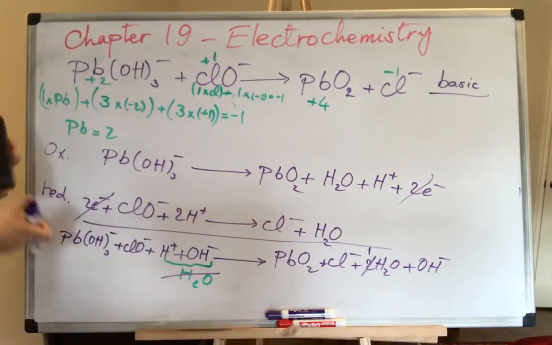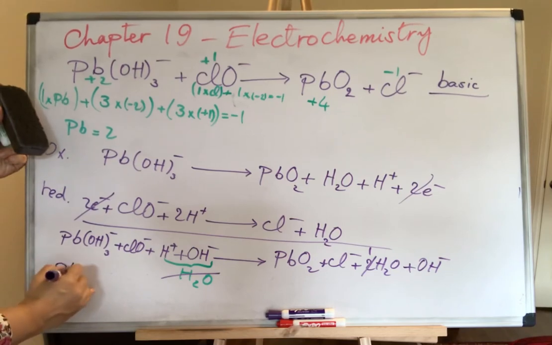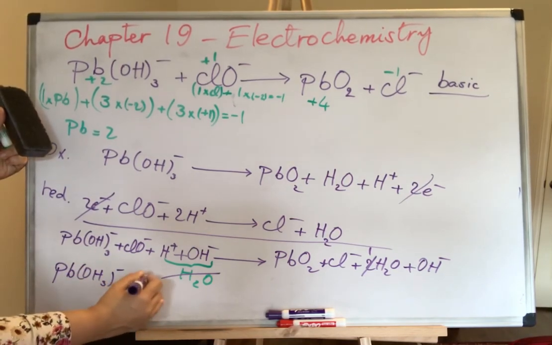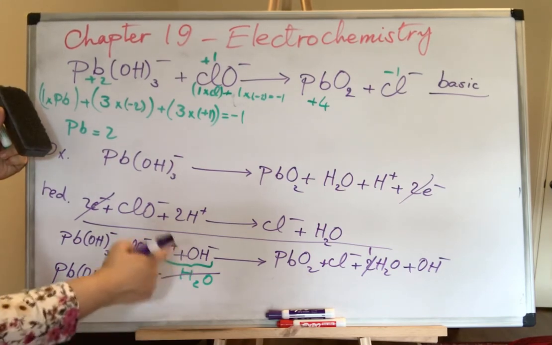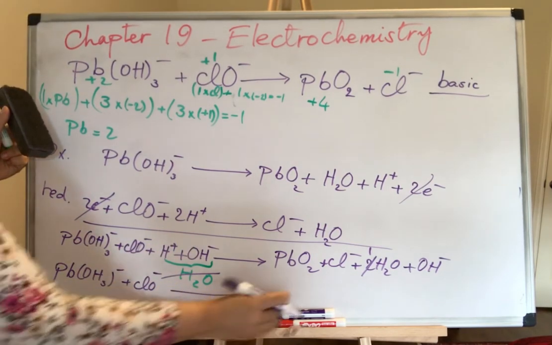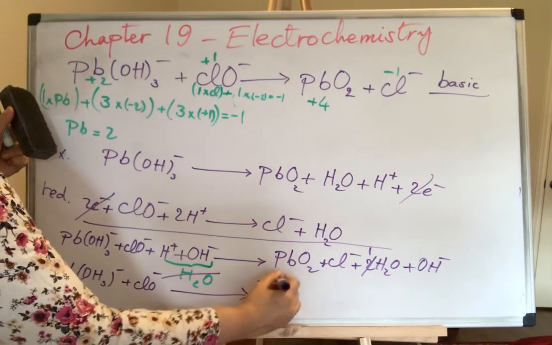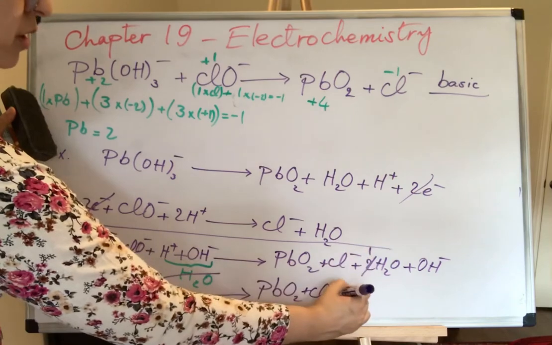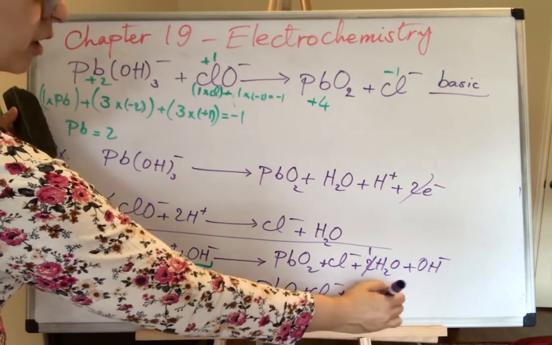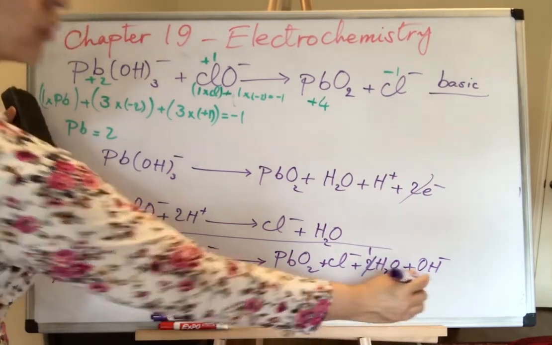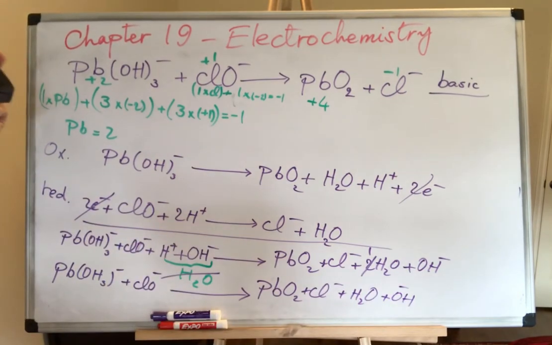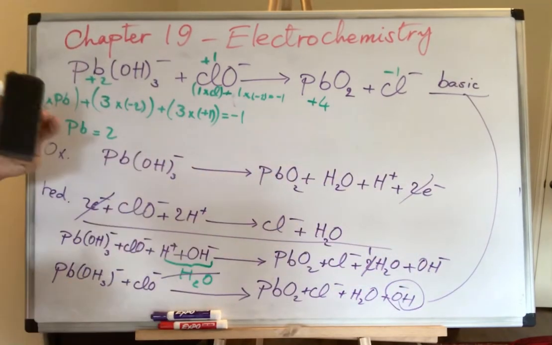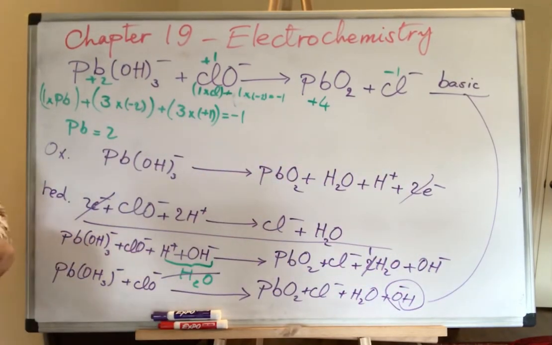So go ahead and rewrite Pb(OH)3 negative plus ClO. You don't have water here anymore. And on the other side you have PbO2 plus chloride plus 1 water and plus OH negative, right? It shows the basic solution. So the difference between